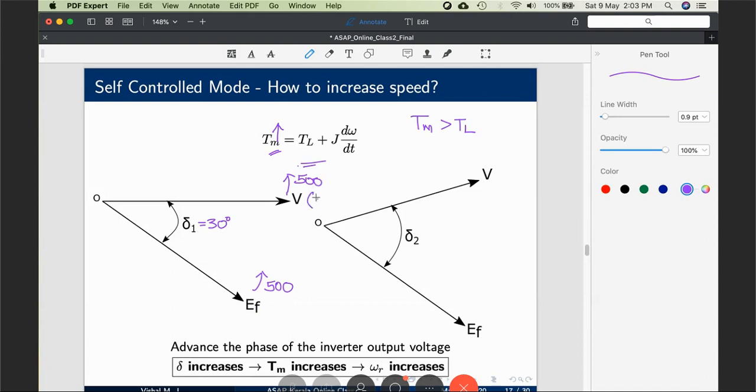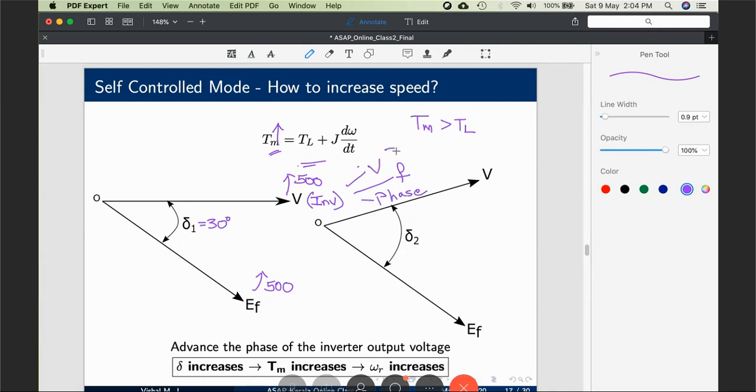That's what we see. What is this voltage? This voltage V is impressed by the inverter connected to the synchronous motor. We have seen in the previous slide, what all things can an inverter control? We have seen it can control V through pulse width modulation. It can control F through frequency modulation. There is one third important parameter which an inverter can control, which is called the phase of the output.